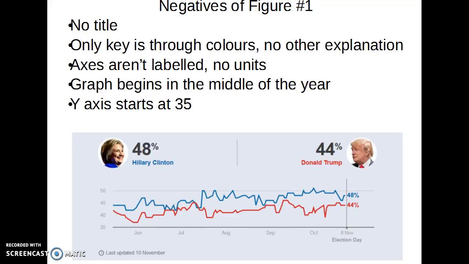There also doesn't seem to be a reason why the x-axis starts in June, which is in the middle of the year. The y-axis also starts at 35 and not at 0. And finally, as well as the lack of labels and a title, there isn't a key for the colours used. It's just assumed that the audience will know that red is the colour of Trump's party, the Republicans, and blue